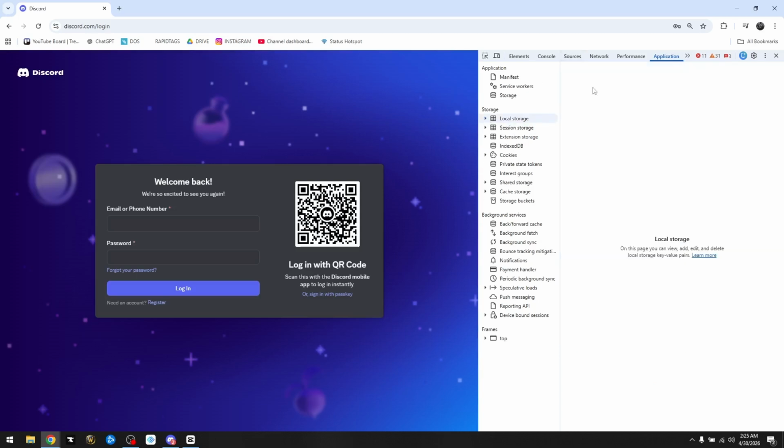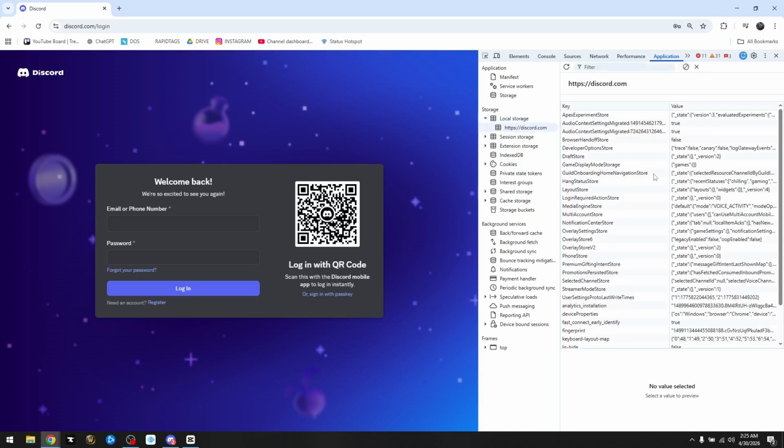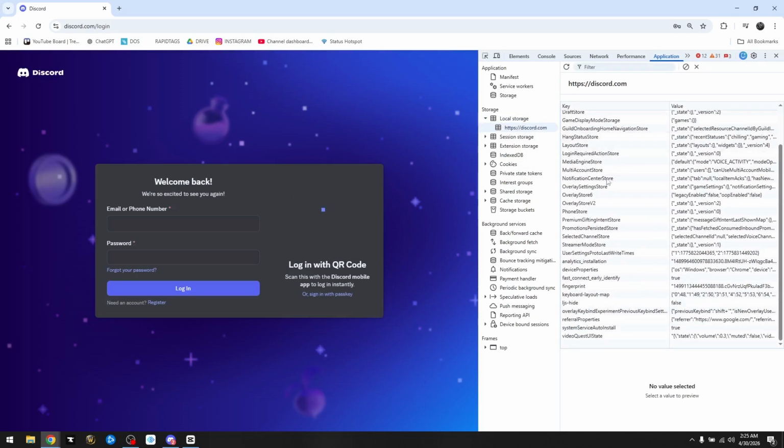Now from applications, below storage, choose on local storage. Choose Discord and then inside these box, just simply scroll all the way down. This is going to be the field or the line where you will paste your Discord token key. But on the first box, simply type in token, and then on the second box, simply paste your Discord token, refresh the Discord page, and it will